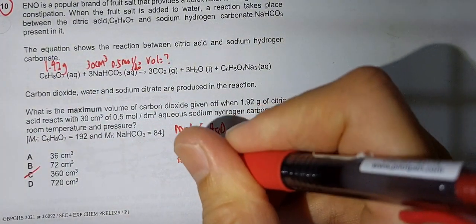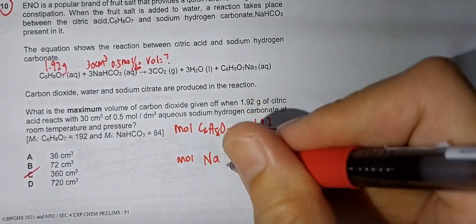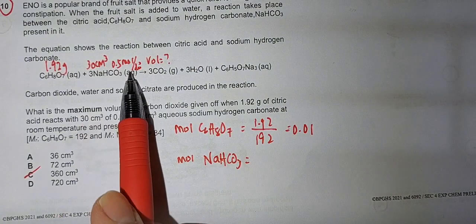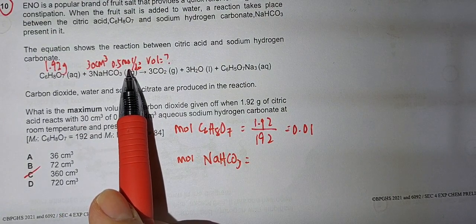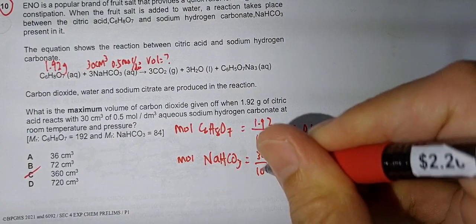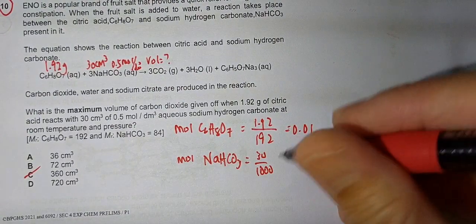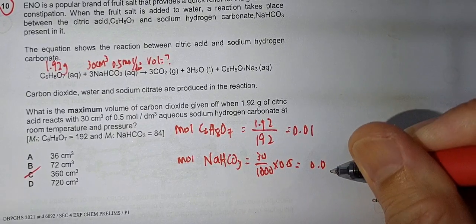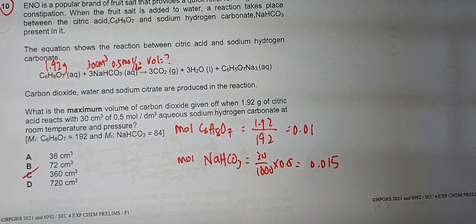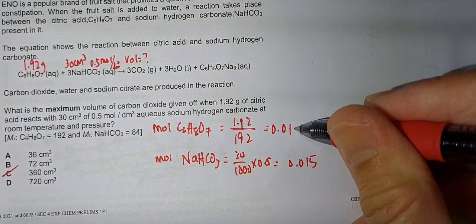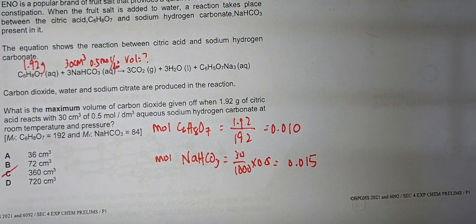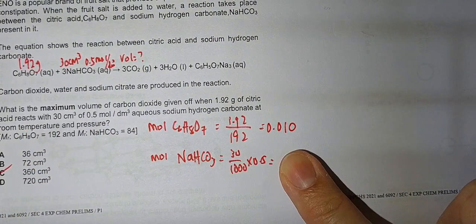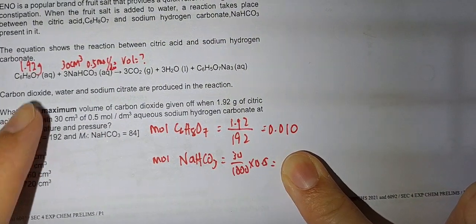And likewise, we need to find out the number of mole of sodium hydrogen carbonate, which is the volume times the concentration. So the volume, change it to dm cube. That will be 30 divided by 1000 times 0.5, and that will give you 0.015. Okay, so this is 0.010. So from here, since the mole ratio is 1:3, so if I have 0.01 mole of citric acid, I